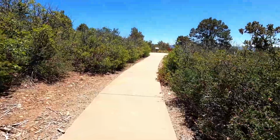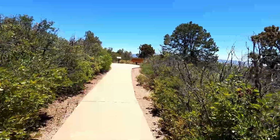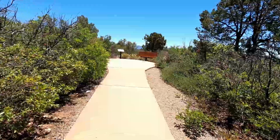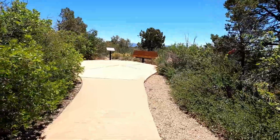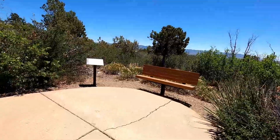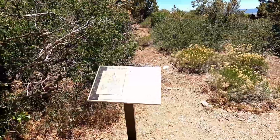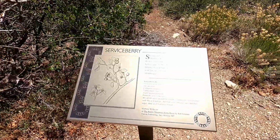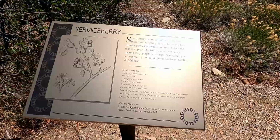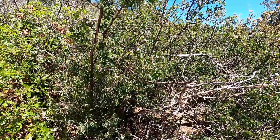Well, there's a nice little walking path from the visitor center up to the top of the hill, which I think is going to give us a really wonderful view when we get there. Not a very difficult path. As a matter of fact, it's probably what you would consider wheelchair accessible, fully paved and a very moderate ramp, and it's got a lot of nice little plant identification signs along the way, like this one for the serviceberry, which is this beautiful plant right here